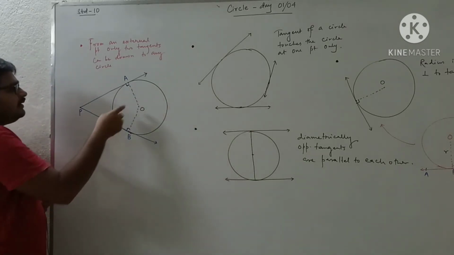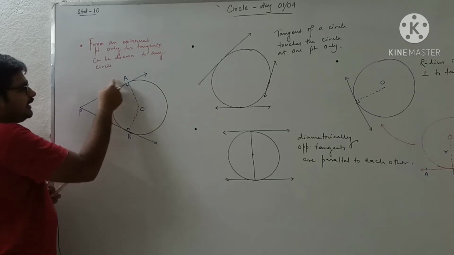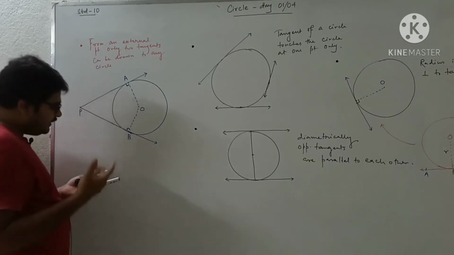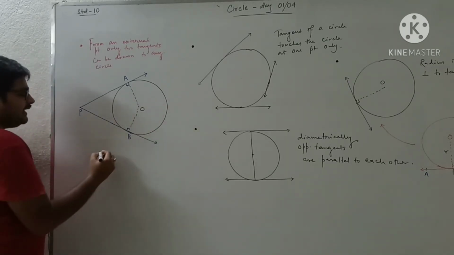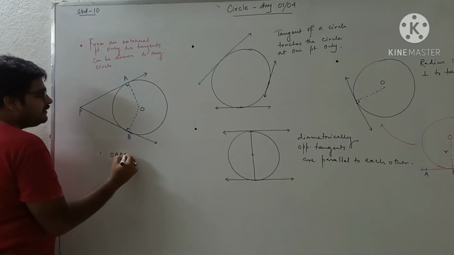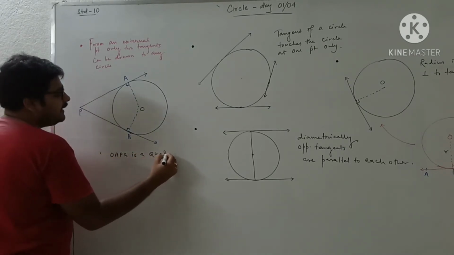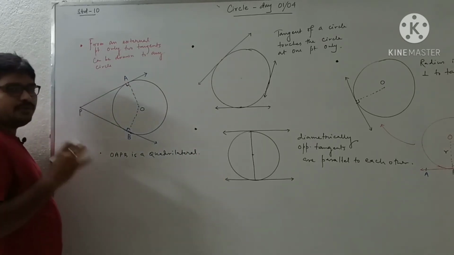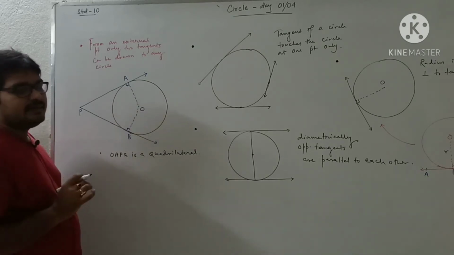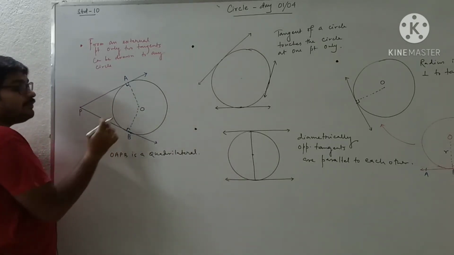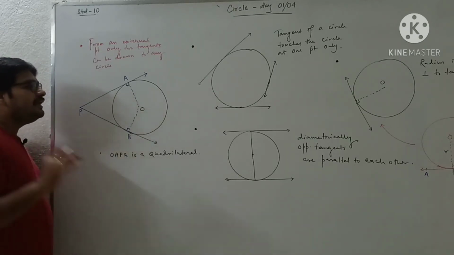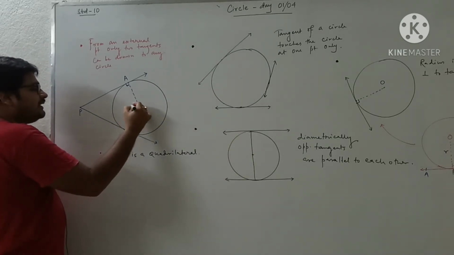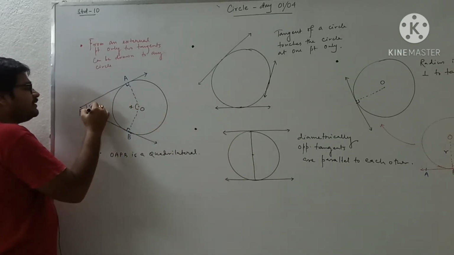Now if I consider OAPB, look properly at OAPB. What is OAPB? Yes, it is a quadrilateral. And as OAPB is a quadrilateral, we know the angle sum property of a quadrilateral: the sum of all interior angles of a quadrilateral is equal to 360 degrees. So if I name this angle x and this angle y,